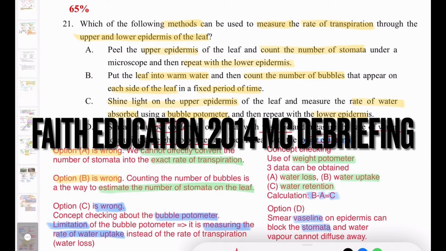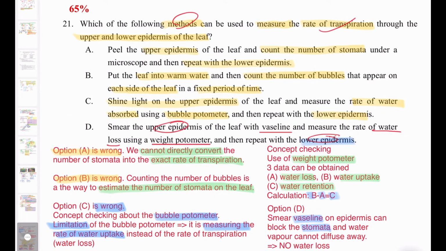So question 21 is talking about which method we can use to measure the rate of transpiration through the upper and lower epidermis of the leaves. So let's take a look at option A, B, C, D. Option A is talking about counting the number of stomata on the upper epidermis and lower epidermis. But this method doesn't work at all because we cannot directly convert the number of stomata into